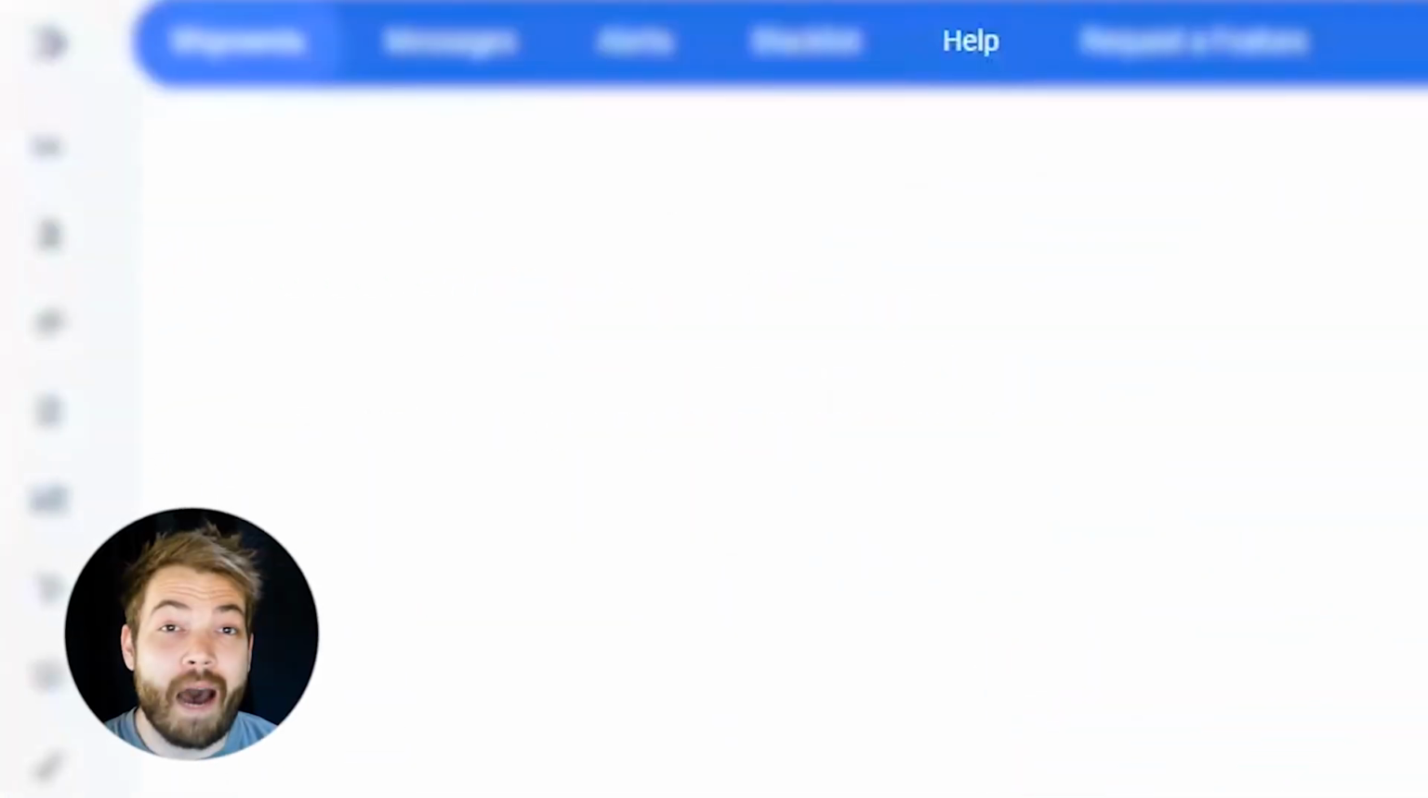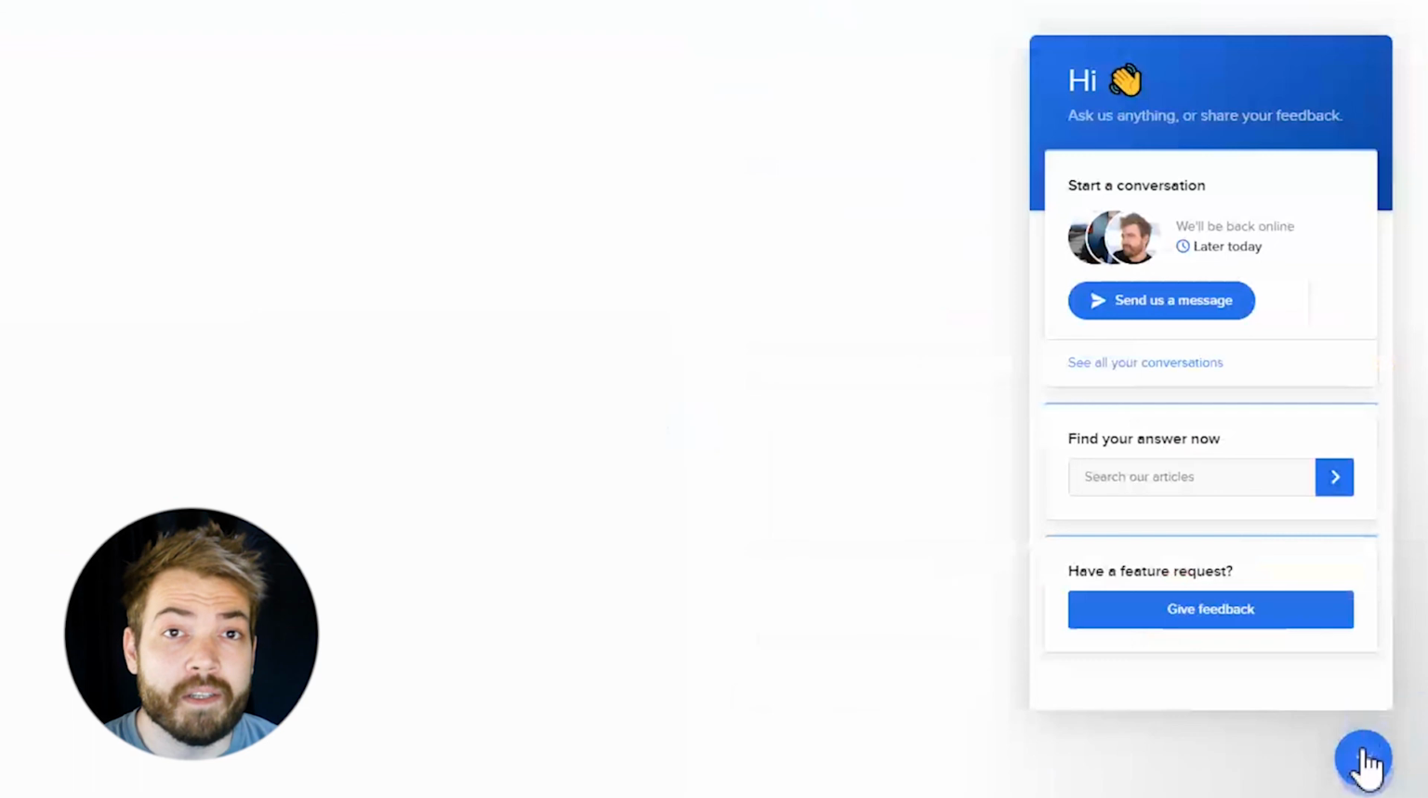If you'd like to review how-to and help articles for this tool, use the Help button at the top of your screen. Also, you can use our Messenger bot to send us a message, search for other articles, and request